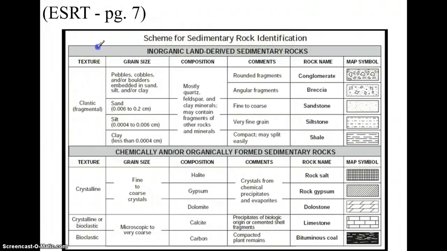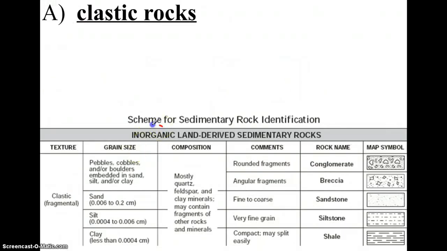You'll notice that the chart is broken up into two sections. We have one section on the top and we have another section on the bottom. We're going to start by exploring the top part of the chart, which are rocks that are inorganic, land-derived. Now, inorganic means not living or never living. Land-derived means they come from land. So all of these rocks in the top section all come from existing land, basically rocks,